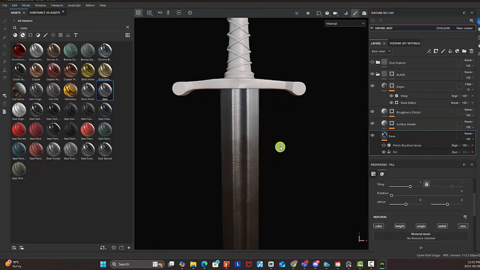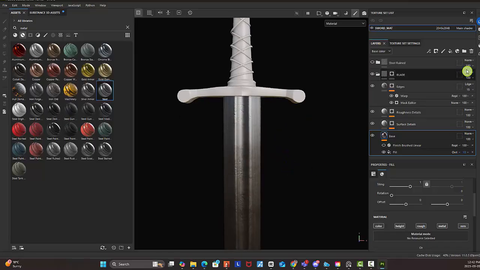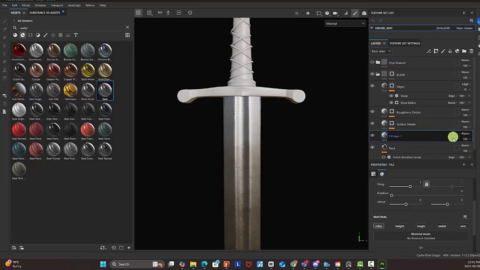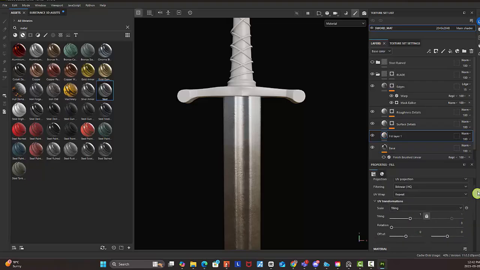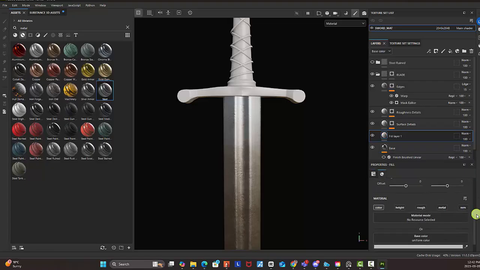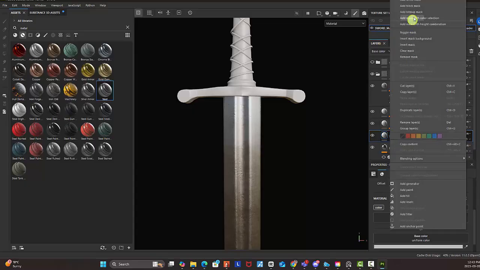Okay, so I'm gonna add like some dirt. So I'm gonna add a fill here, and I'm gonna go to the properties here, scroll up, and name it dirt. I'm then going to right click on it, create a black mask,